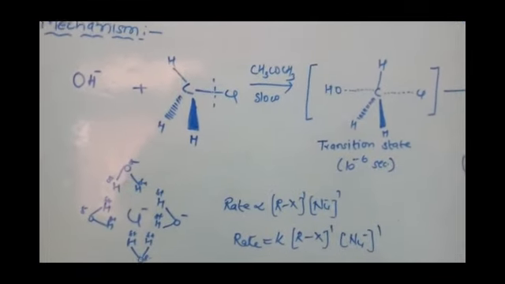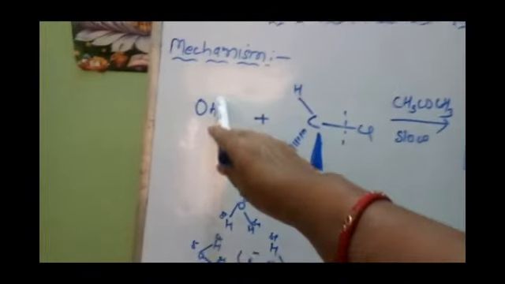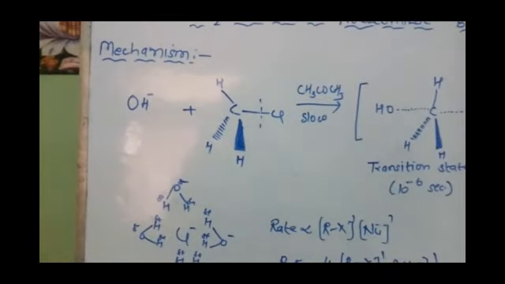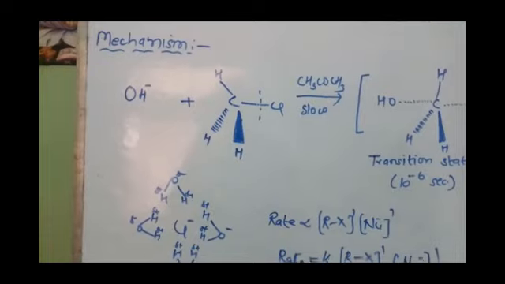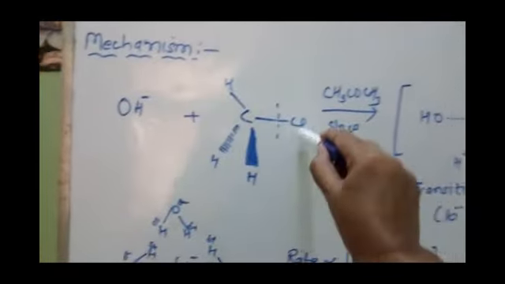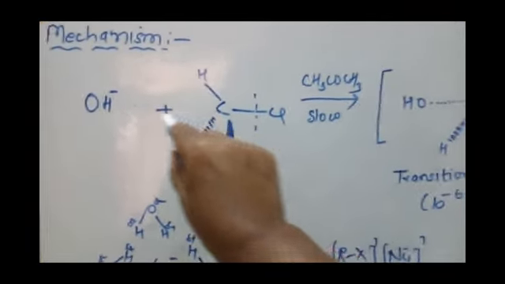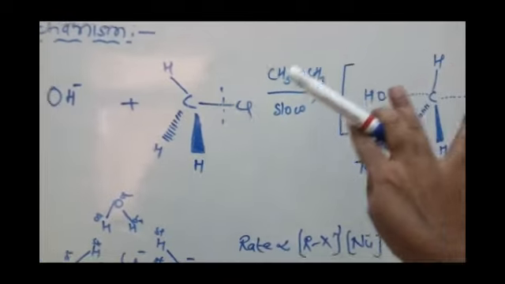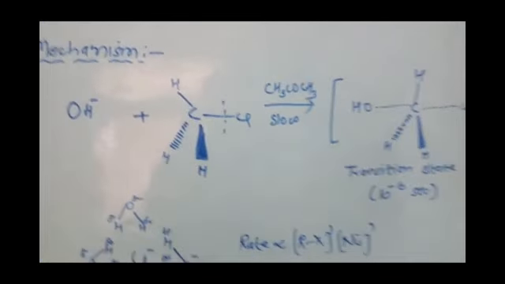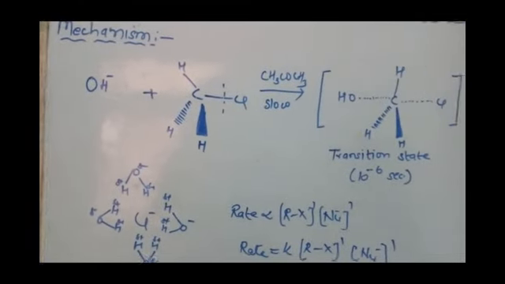Means a weak nucleophile can undergo an SN1 reaction, but in the case of an SN2 reaction, we require a strong nucleophile, that is OH minus, NaOH, KOH aqueous. Why? Because it has to push apart this halide ion. So it should be strong enough that it can push this Cl minus outside and it can itself attach here. So the reaction can take place only in the presence of a strong nucleophile.